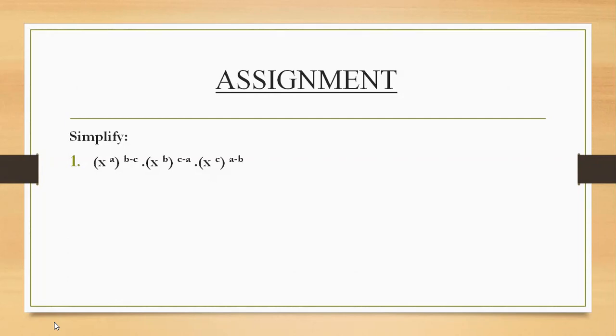So multiply x^a by b minus c. a multiplied with b minus c will be ab minus ac, right? Second one, b will multiply with c minus a, then it will be bc minus ab. And third one, c multiplied with a minus b, then it will be ca minus cb, or bc also you can write. All the powers will be added, then you will get 0, then x power 0 equals 1. Very good. How to do this one I have already shown in classwork activities one.